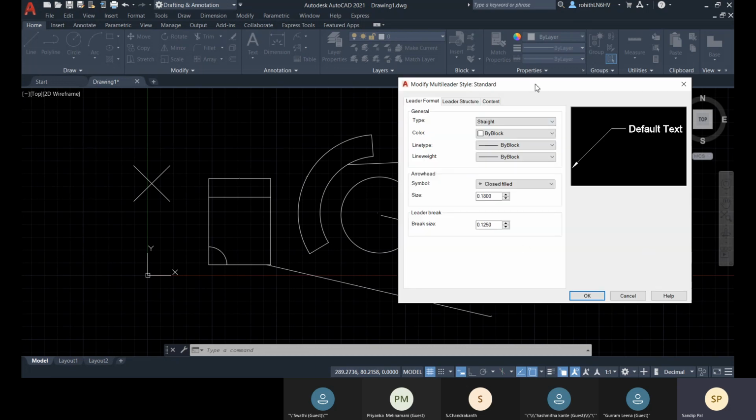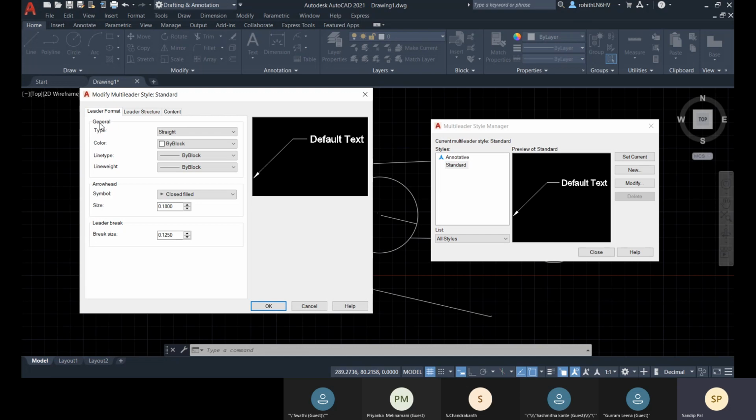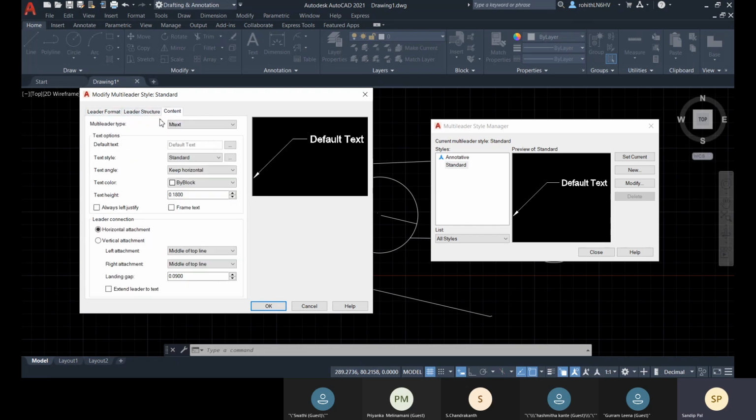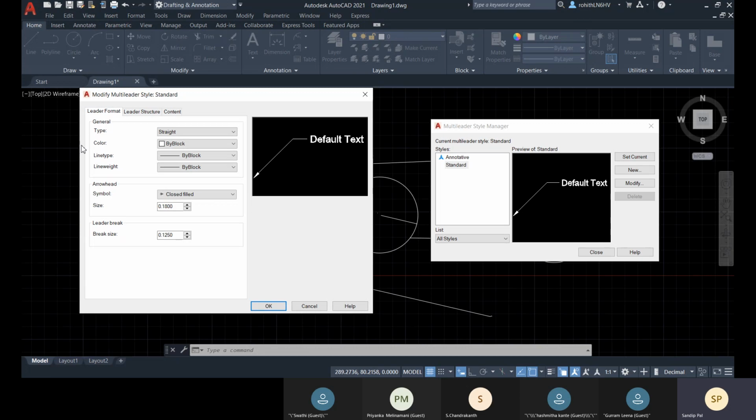Let's go for this modify, and here you can see that this is the leader format, and we have some leader structure, and we have some content. Within this leader format, we have this type, color, line type, line width.